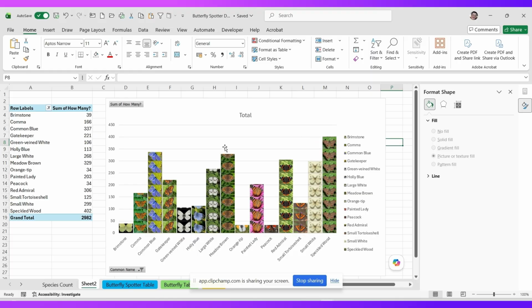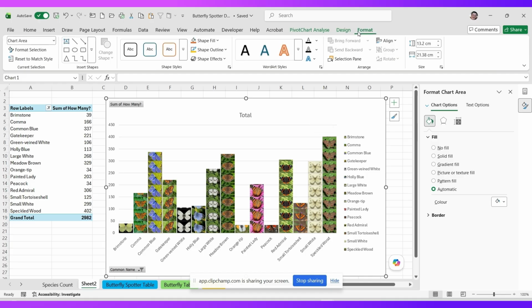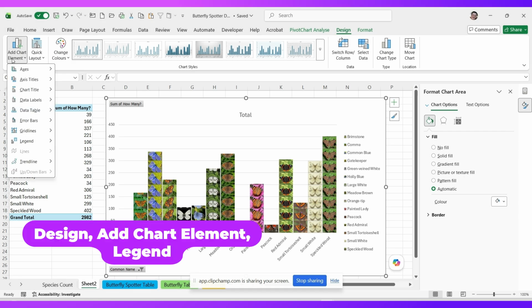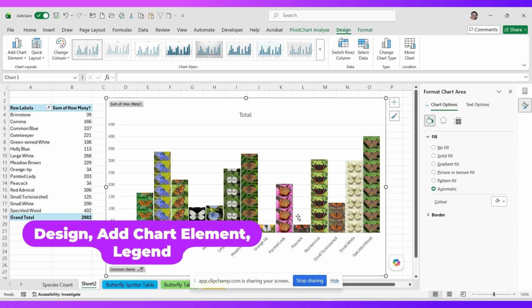Now, because we've got the picture of each butterfly in each column now, I don't think we need to have a legend, and the pictures are very tiny in the legend anyway. So to get rid of the legend, if I make sure I've got my chart selected, on the design tab at the top here, where it says add chart element, you need to look for where it says legend, and I'm just going to set mine to none, and that will give me a little bit more space going along